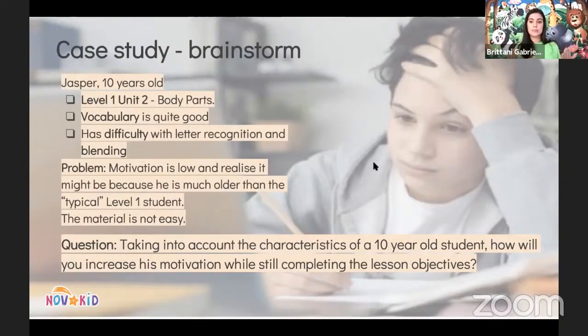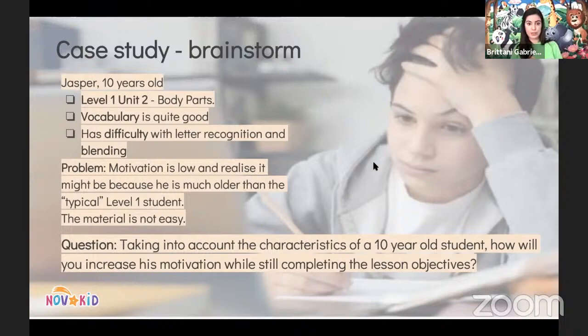I will go first to model what I want the student to do. For example, there is 1 blue mouth. There are 5 green noses. Then it will be Jasper's turn. And of course, at the end, Jasper is going to win because he is the student and we're trying to encourage them and motivate them to want to come to class.